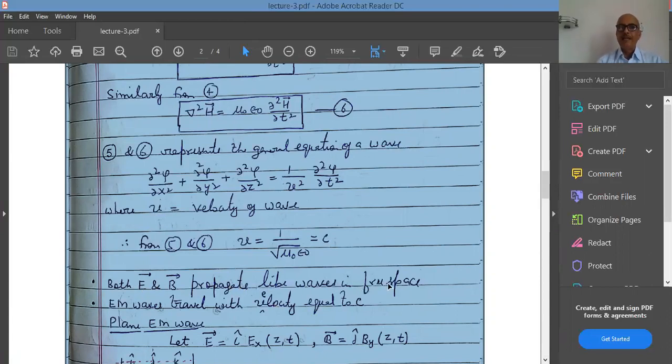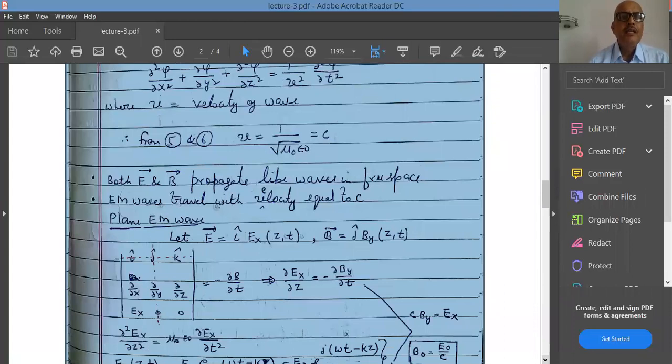This is what we get by playing with the 4 Maxwell equations in the free space. And the other important information that we got, that these electric field and the magnetic field vector together, they are nothing but the electromagnetic wave. They travel with a speed equal to the velocity of light.